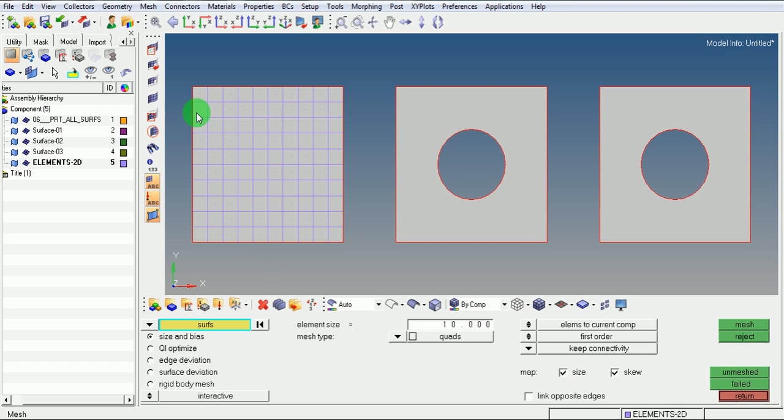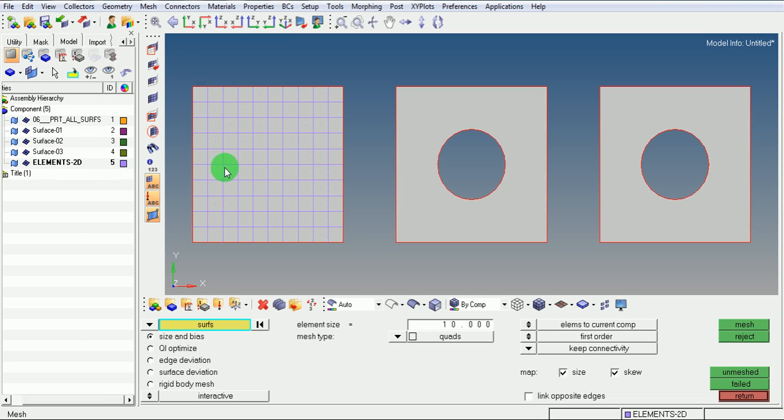Note that this particular surface is being meshed and the elements are saved into elements 2D component.